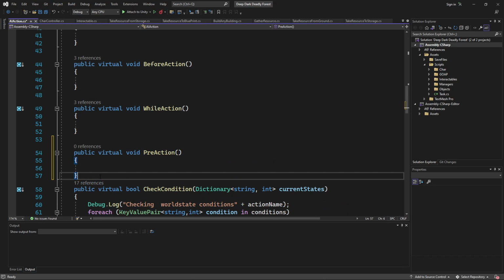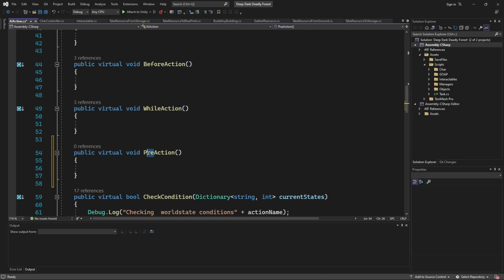So basically, before we even start any actions, maybe we call it pre-planning. Before we start any actions, go through all of our actions and see if there's any pre-planning setup we need to do.